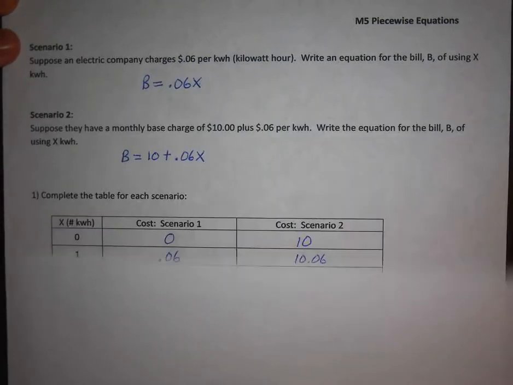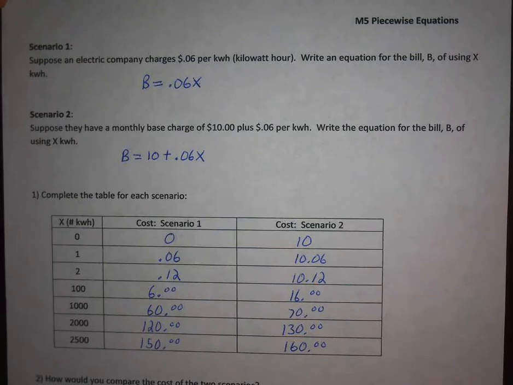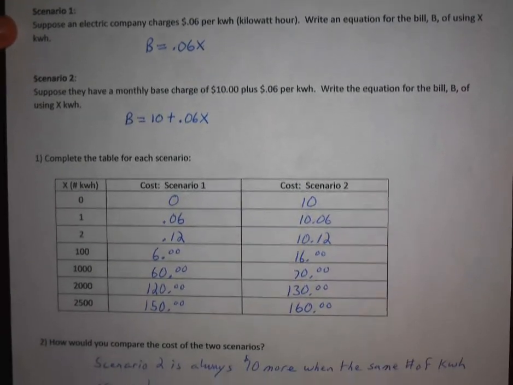Here we're going to look at piecewise equations, and they start off with a review of what we've done before. So this whole first page, there's nothing new. So I'm going to show you the answers to the first page. And what you might notice,